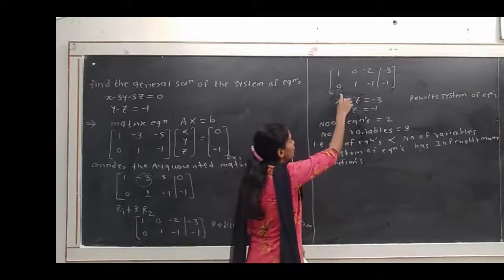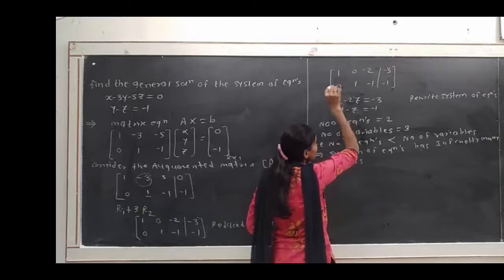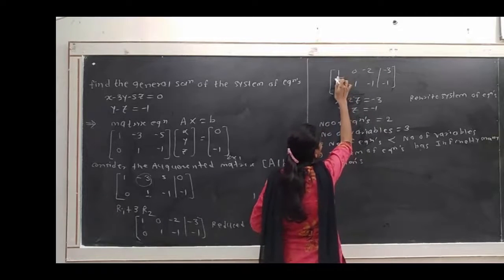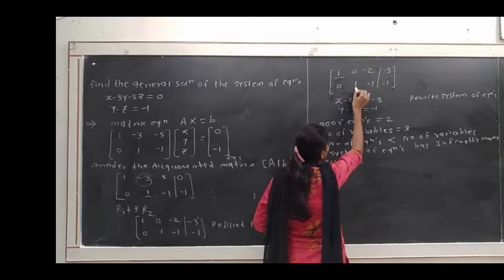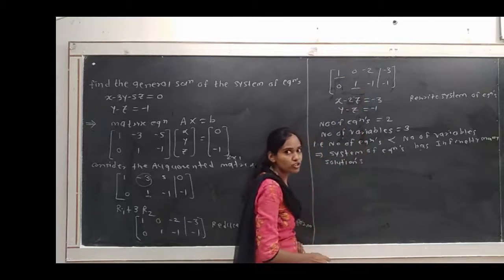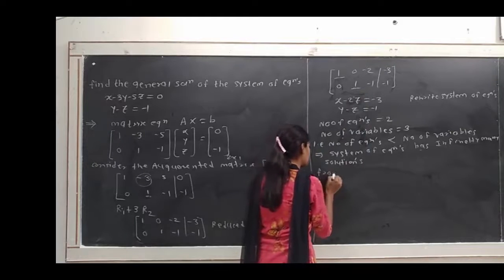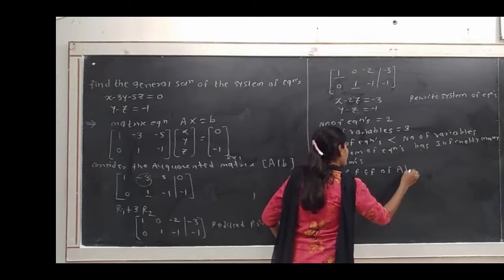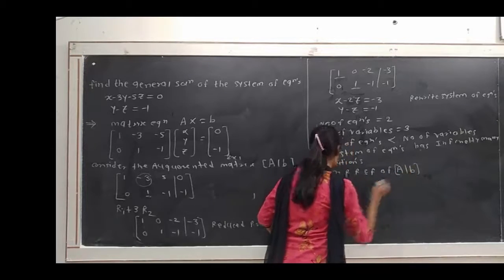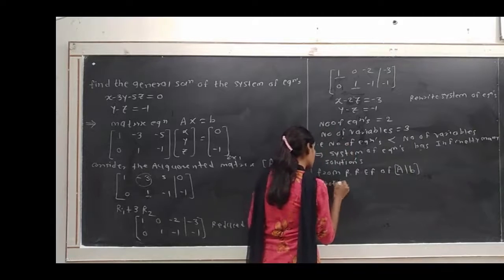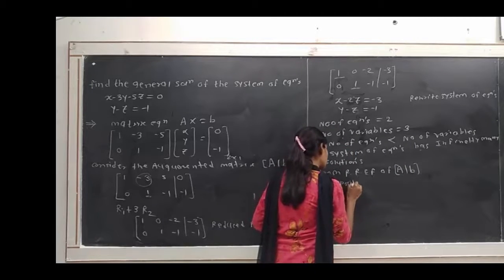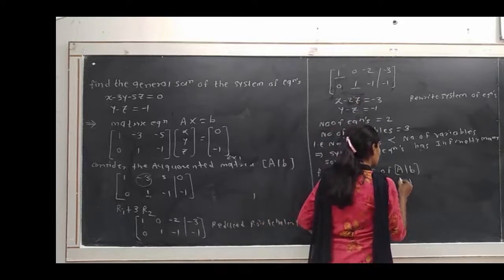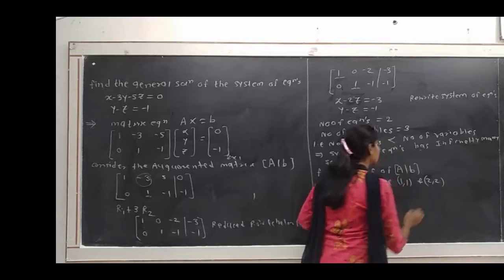See here, in reduced row echelon form, we first find the pivot positions. The leading entry of the first row is at the 1 1 position and the leading entry of the second row is at the 2 2 position. So from the reduced row echelon form of the augmented form [A|B], the pivot positions are 1 1 and 2 2.